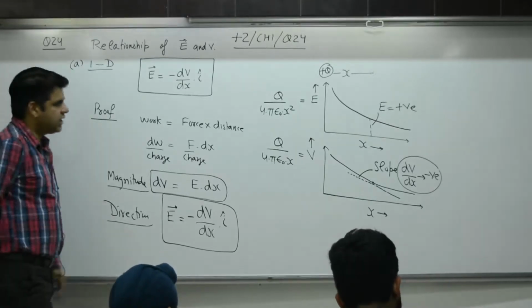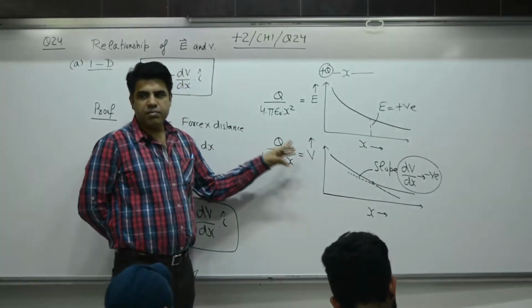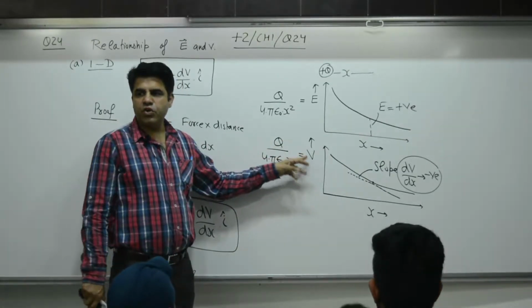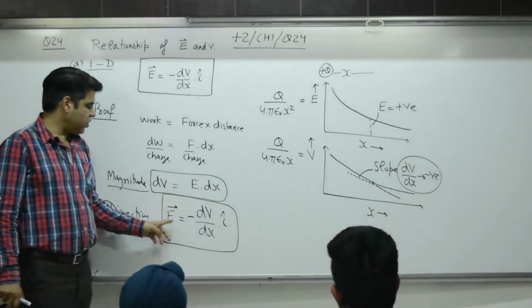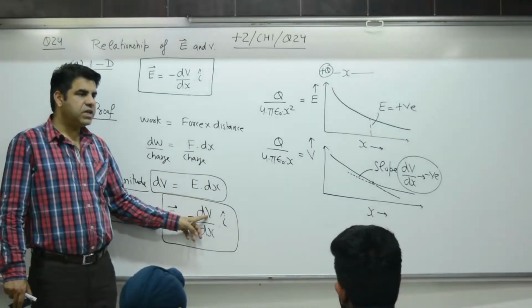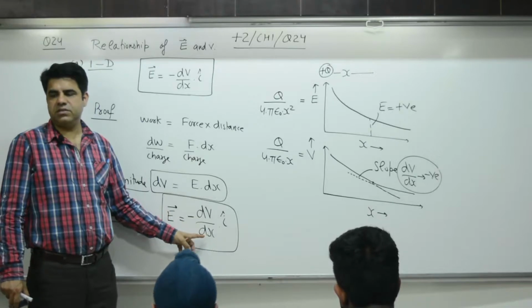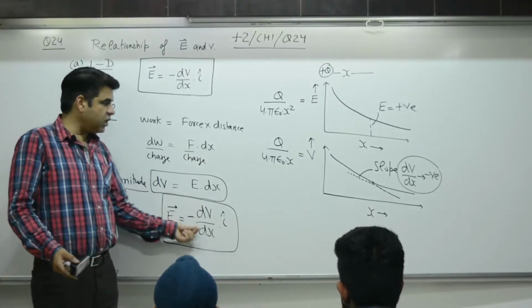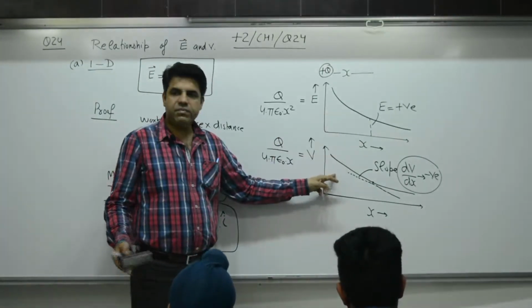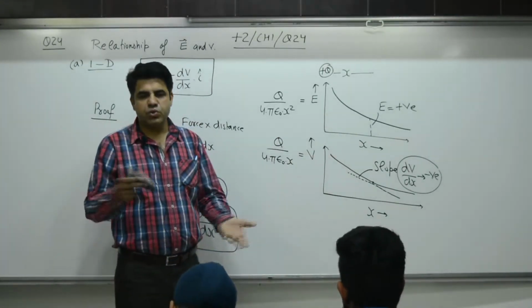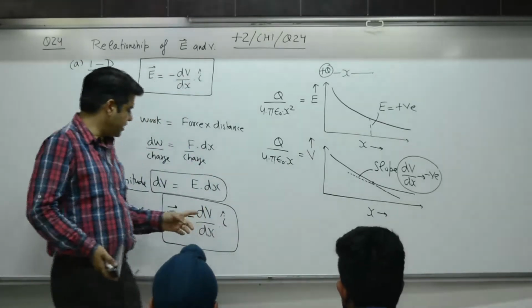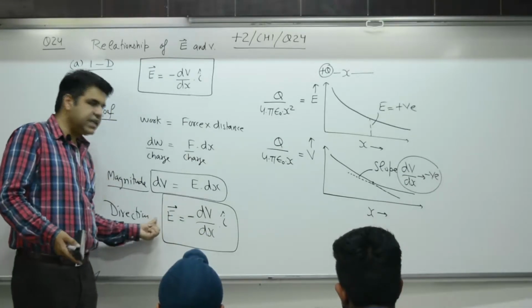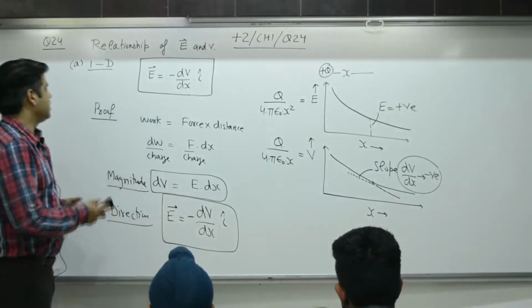So you know the formula for E and the formula for V, but in competitive exams you get a value of V and have to find E. If V is given, differentiate V with respect to x and you get E. If E is given, how do you find V? By integration. So the two are connected: if E is given, integrate E into dx and you get V. This is for one dimension.